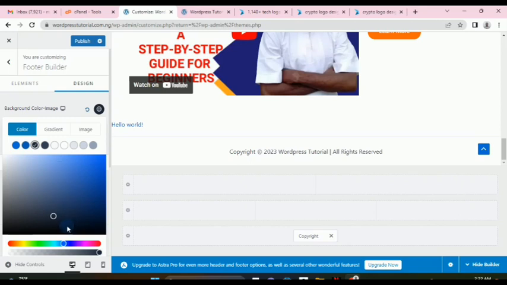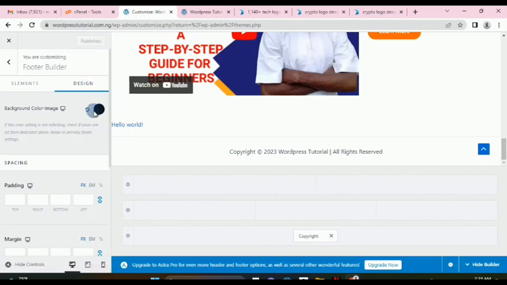The background can now be given a color. You can pick something like this, and then we can hit publish. Okay, so that is the background color,